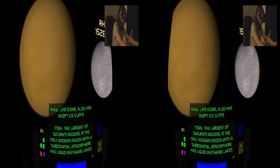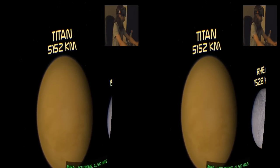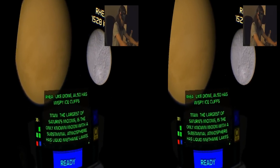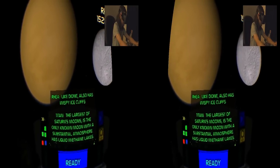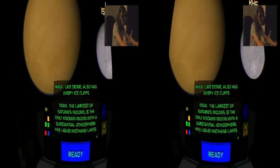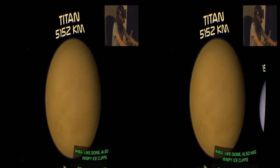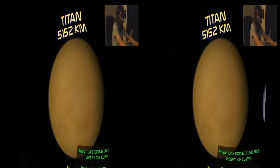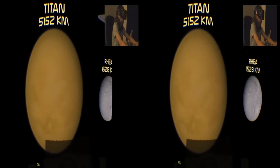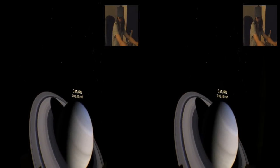The largest of Saturn's moons. It's almost as large as Mars. 5,152 kilometers, sorry. Saturn's moons. It is the only known moon with a substantial atmosphere. It has liquid methane lakes, and you can see on the edge, the left edge of Titan, the atmosphere there, the blue glow. That would be the atmosphere. Next customer. I believe we're going to